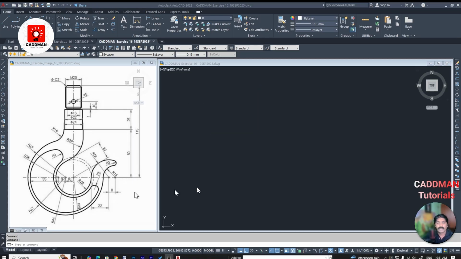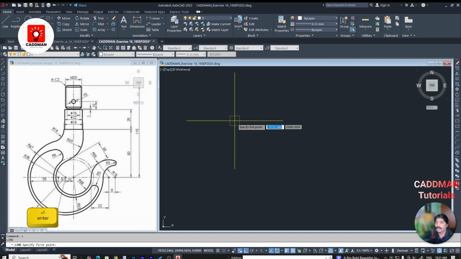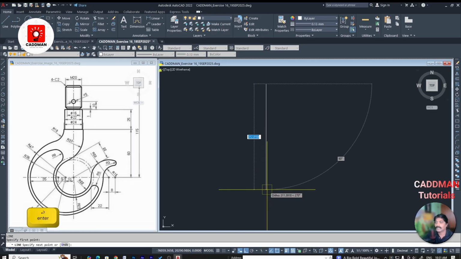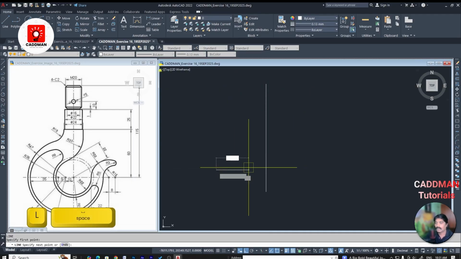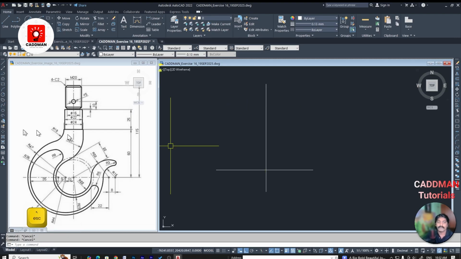So let's get started. First, let us create this center line and this horizontal line where all these radius circles are drawn. So let's go to Command L, enter, and create a center line and create a horizontal line,